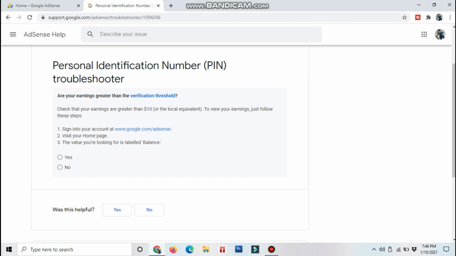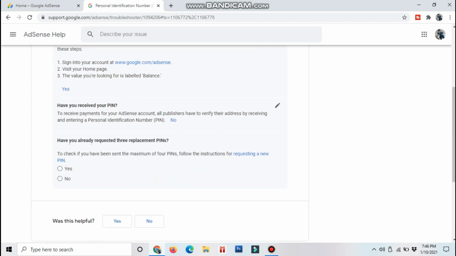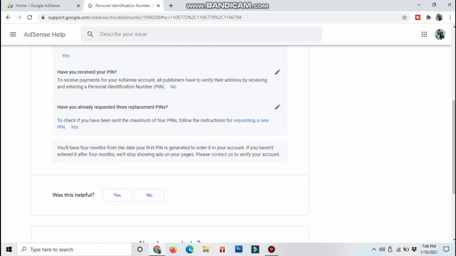So I tick yes. And then another question appears, have you received your PIN? Of course, ginagawa natin to kasi we haven't yet received our PIN, so we tick no. And then another question is, have you already requested 3 replacement PINs? Yan yung 3 times ka magre-request every 21 days. So you are going to put here yes, kasi 3 times yun ang nagawa. And then after that,